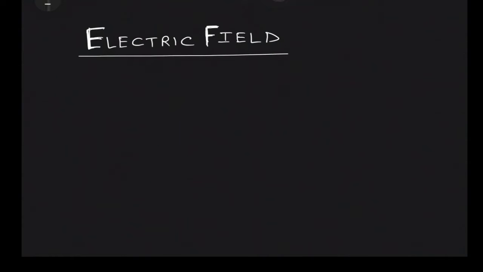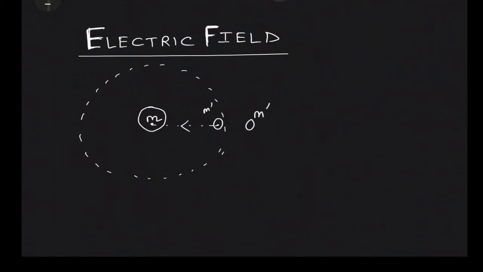Say I have a body of mass m. You know that there exists something called gravitational field around this body, within which if you place some other body, say m dash, your m will be attracting that body. But if you place the small body m dash somewhere outside this gravitational field, then your body m will no longer be able to attract it.